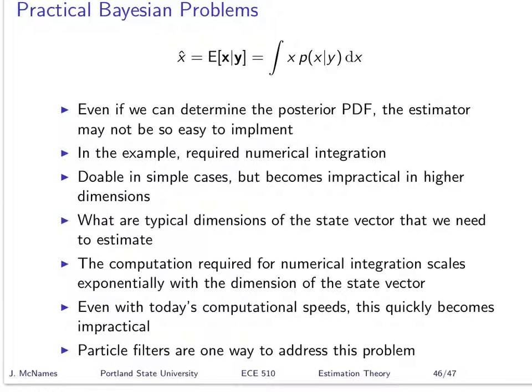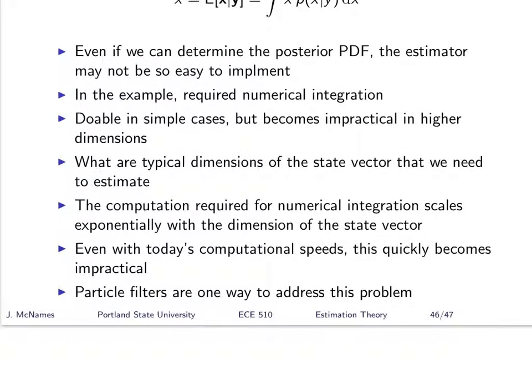I don't care how fast your processor is and how many cores you have. You can't go very high in dimension. This has a horrible exponential scaling property to it. And I'll say a lot more about that later. But when you think about the dimensions of what we're typically going to be estimating, where we've got the state vector, and even in the case of a submarine, if you're talking about its spatial position, you've got